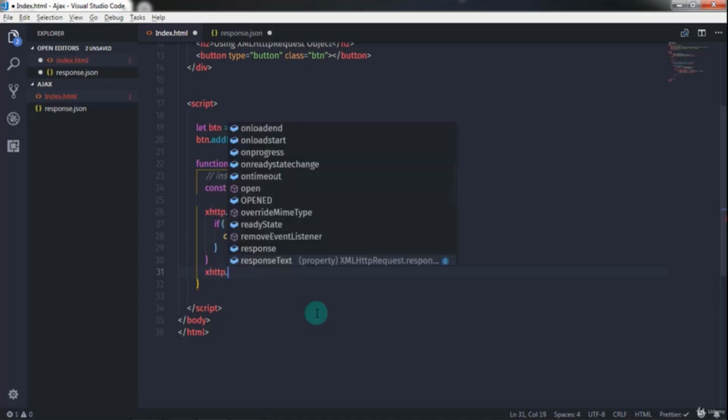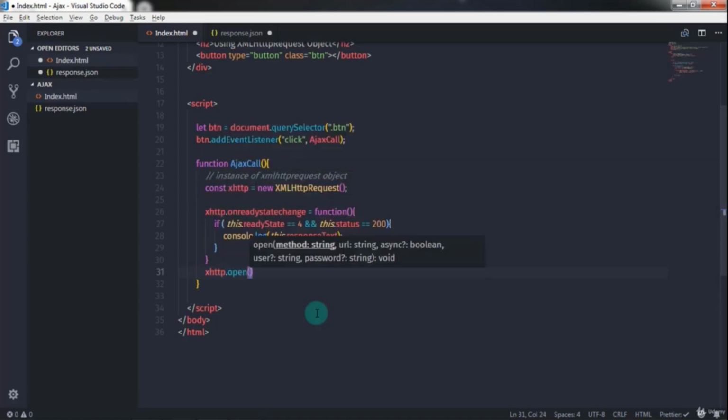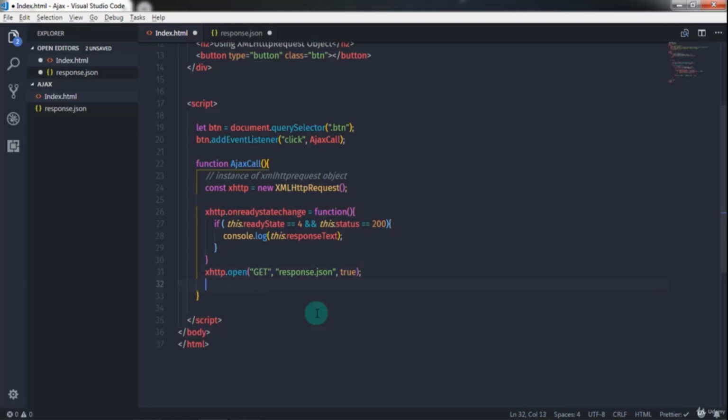So I will just say here xHTTP.open. On the first argument, I will just specify type of request. So I will just say GET here. And on the second argument, I just wanted to specify a URL where we wanted to get the response. So I just wanted to specify a file name here, right? So in the double quote, I will say response.json, right? And just say true here